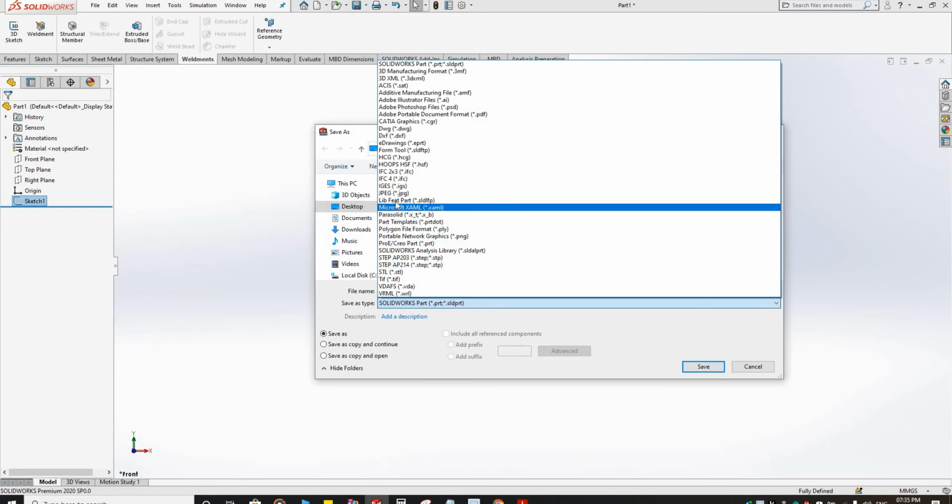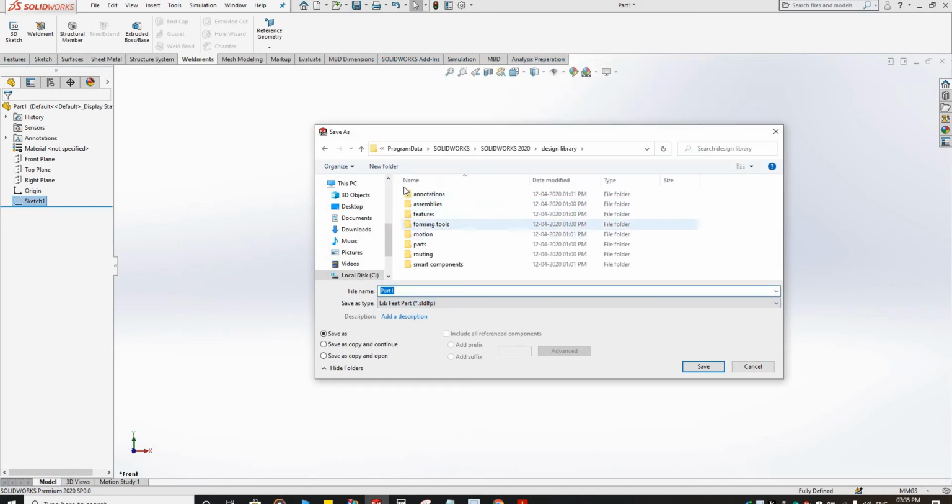Please note that you should save your file as a lib feature part. You see this dot sldlfp. If you select this file type, it shows some folder. You can select this folder or save in any other folder.